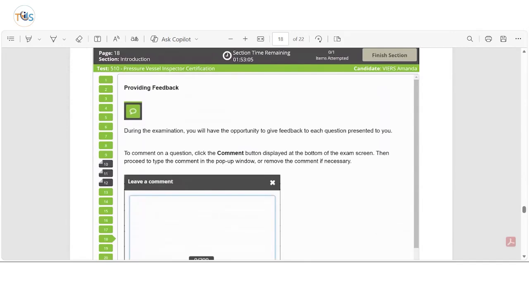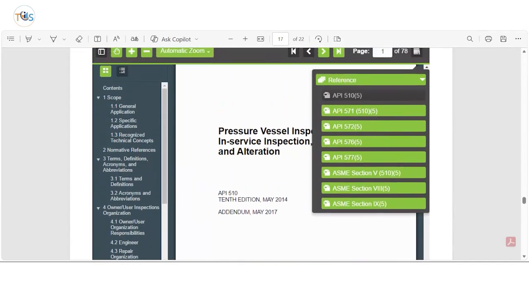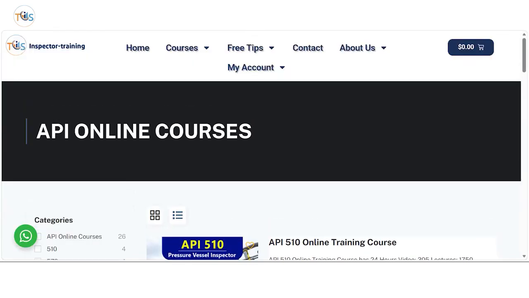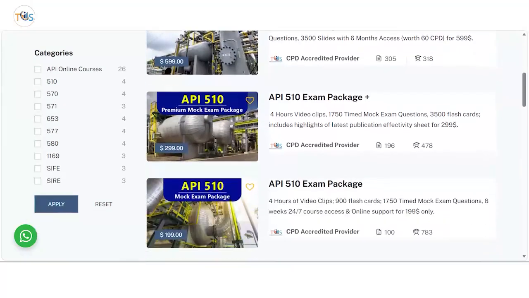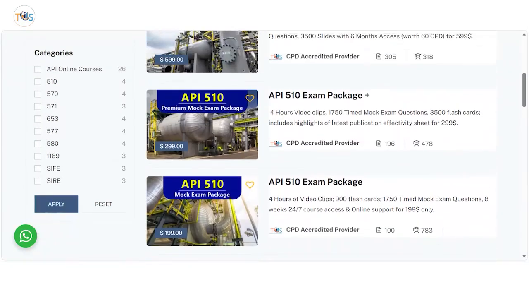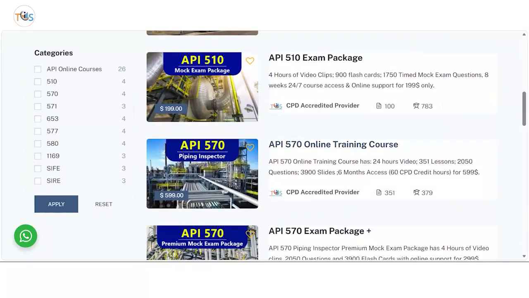The only way to work with open book is to actually practice that. We have lots of open book questions in our training manual, as you can see, and in our online course, with explanations. And I'll take you to our online course to show you